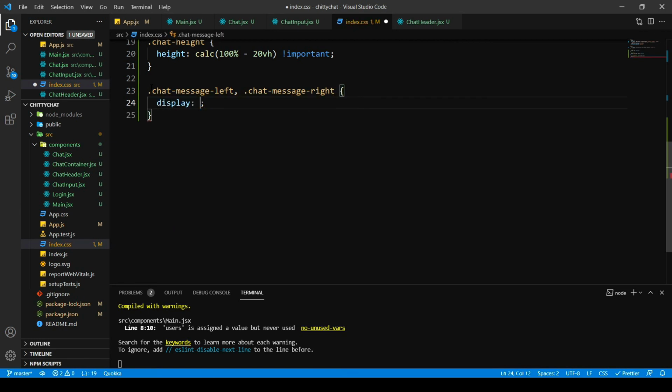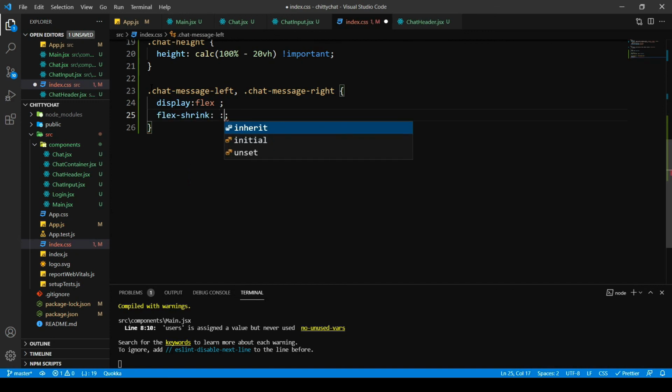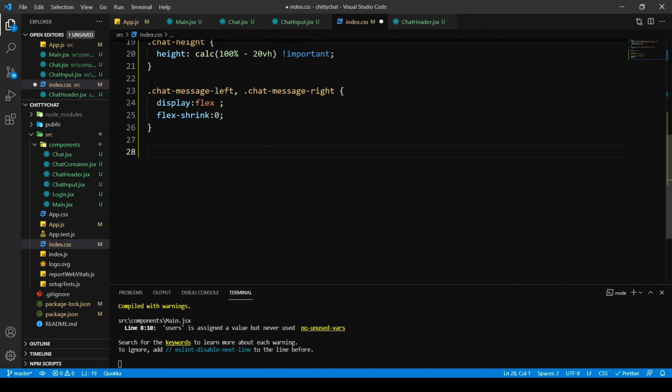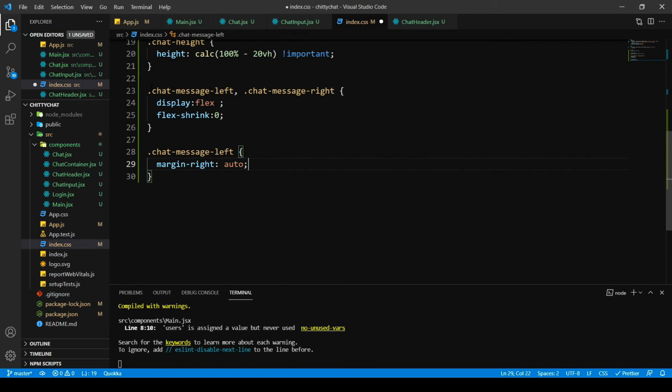I want this to display as flex, and I want flex shrink to 0. There we go. And I also say chat left, this margin right as auto,